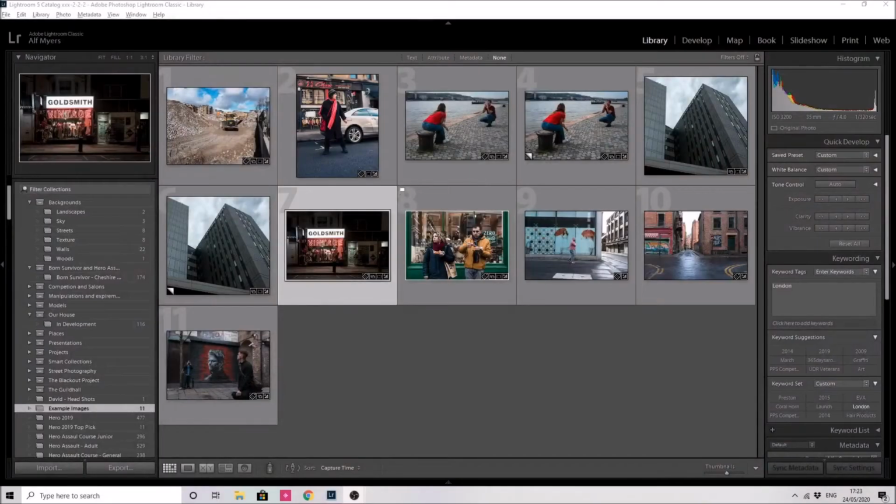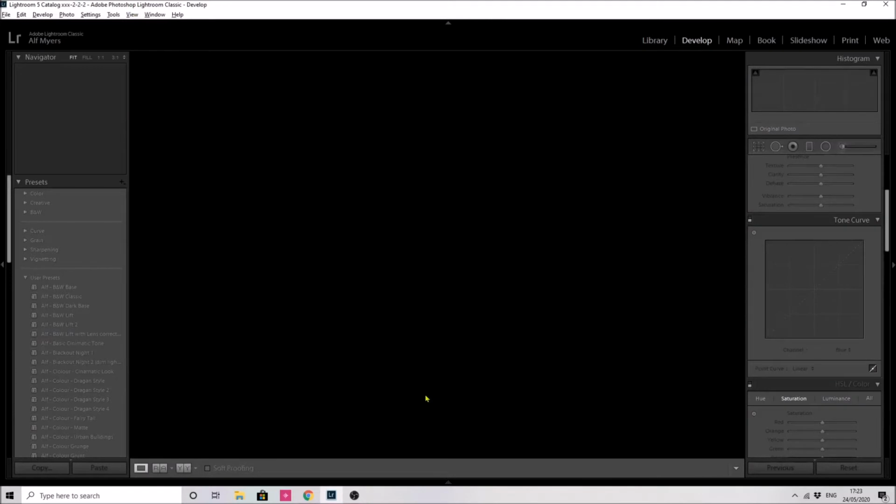So we've jumped into Lightroom, and as normal I've got a range of images that we can select from. This time I'll be picking this one from Portobello Road in London, just to show what we can do with this particular image. So if we select it and jump into the develop module, we can have an investigate of the tone